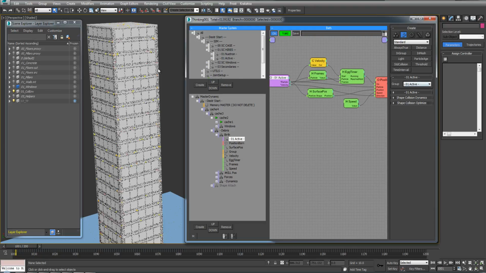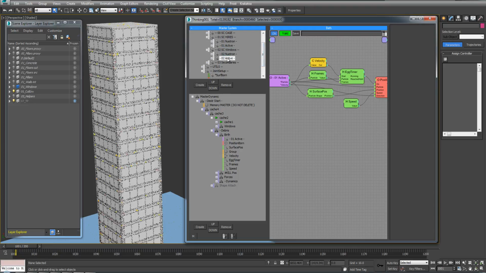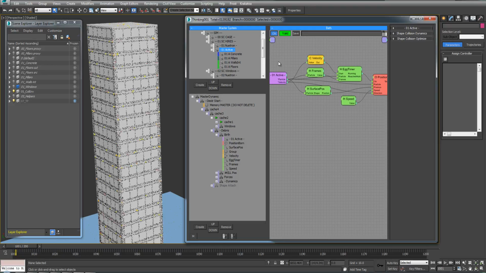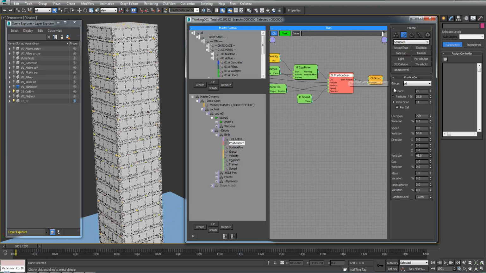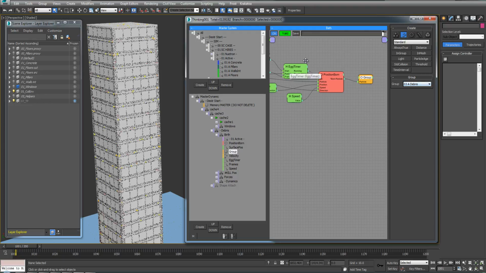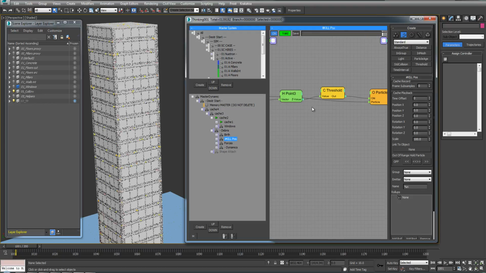Just taking the O1 active group. So neutron active, windows, neutron active, and secondaries active. So we're taking the O1 active, anything in here, we're just emitting position borne into debris. That has a kill position